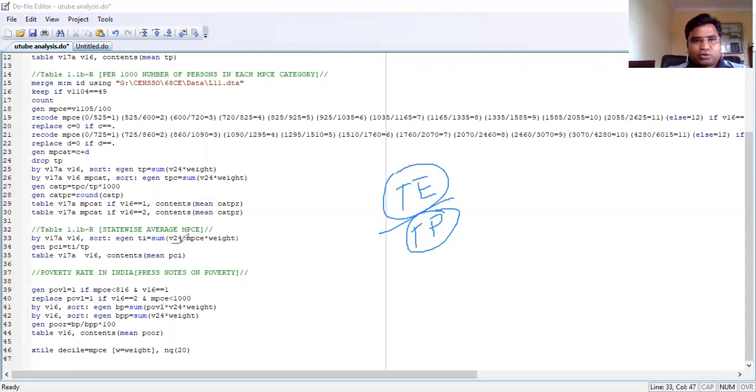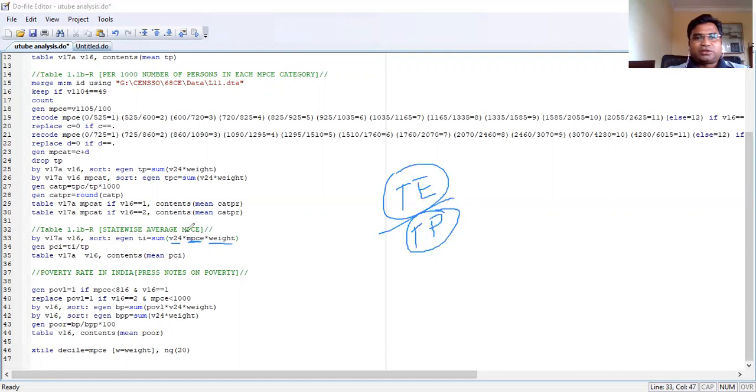You see V24 is the household size, right? Because this is MPCE, in order to know a household's consumption, I need to multiply this monthly per capita expenditure with the household size first, and then once I get that, I can multiply with the weight, in a similar way to how we got the total population.